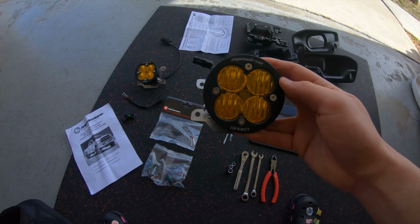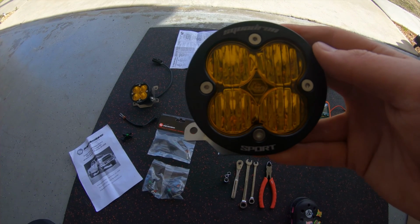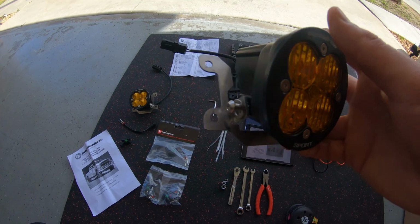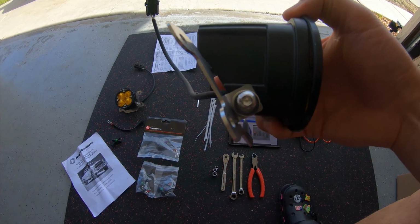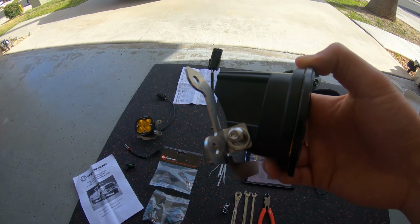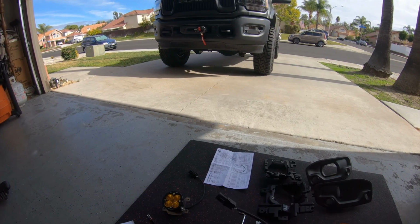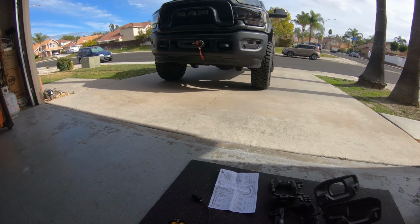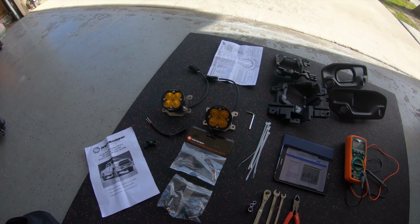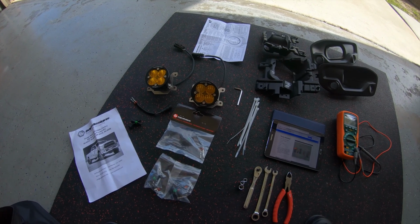So they mentioned you shouldn't run these on road because oncoming traffic is going to have a hard time seeing. But what you can do when you install them is angle them down a little bit, if that matters to you or not, because as most of you guys know, if you have one of these trucks, the fog lights will turn on when you're turning, when you have your turn signal on. So even if you're going down a windy road, these things might turn on. So what I'm planning to do is point them down just a bit,